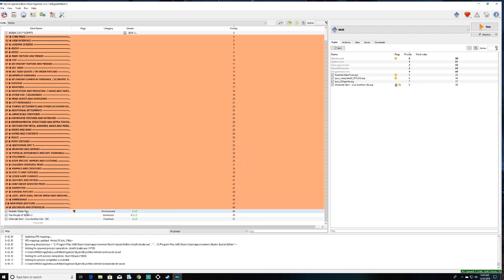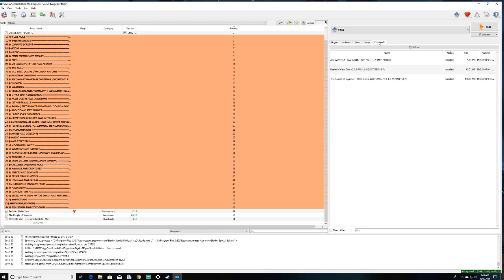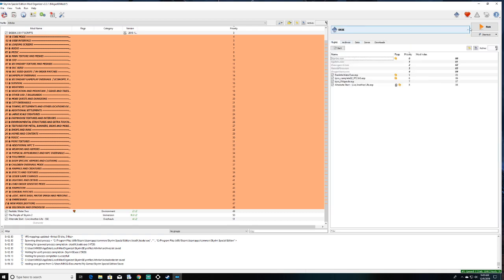We have Realistic Water 2, the People of Skyrim 2, and Alternate Start just so I could do the camping start. These are my alternate start saves, but I'm going to load in here. You can see these are the only mods I have. Right? I'm going to load this up and...